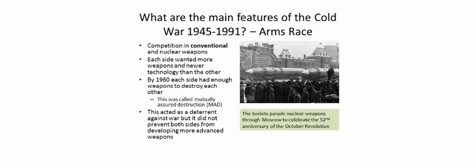Then America is now threatened that Russia can blow up more cities, and so on. Each side constantly is building new weapons, newer technology than the others, trying to beat each other. And this is where the spies come in, because if you can find out what the other guys are doing, obviously you can then deal with it. By 1960, each side had more than enough weapons to destroy each other several times over.